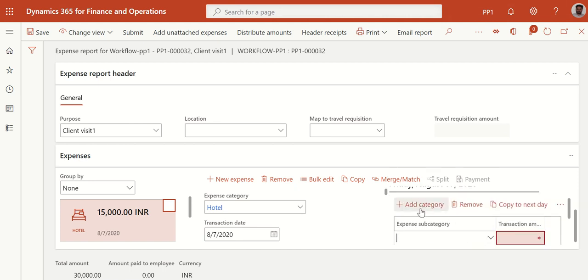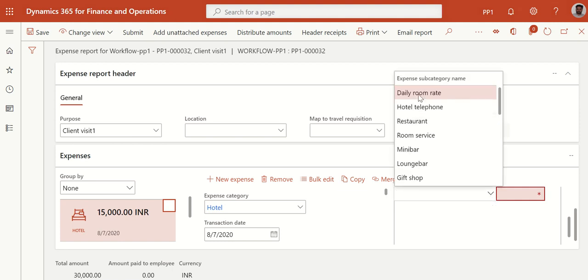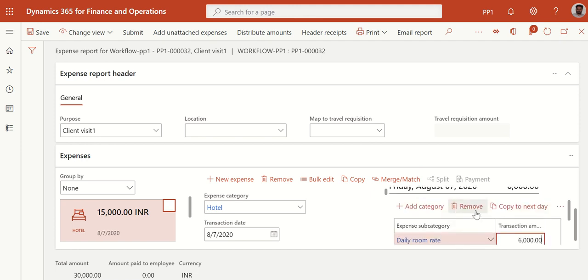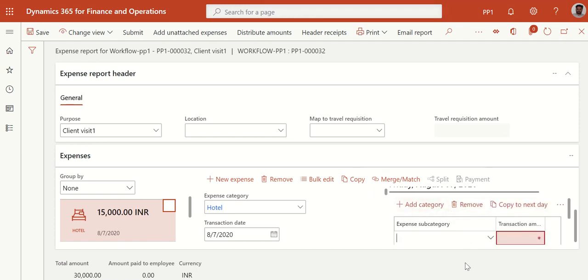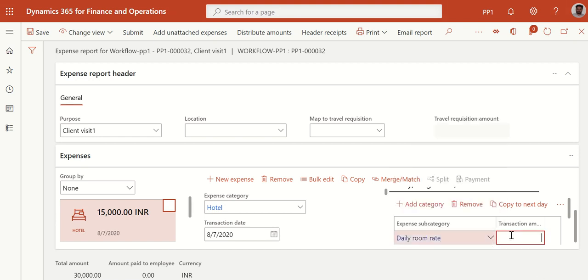I'll add a category here, subcategories, that is room rate, daily room rate. Let's say 6,000 is the room rate, and on the same day, click on this, room rate 6,000.